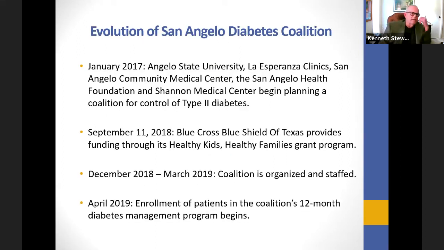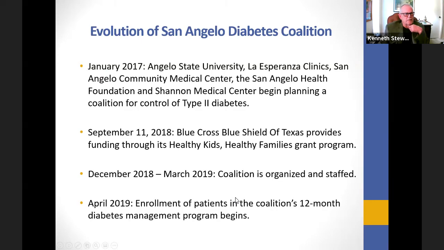So from that, we worked with the various partners. You see them listed. They came together in 2017 and started a process to create the San Angelo Diabetes Coalition. By 2019, that was funded, getting underway, had 60 people enrolled in a